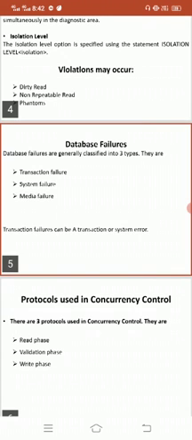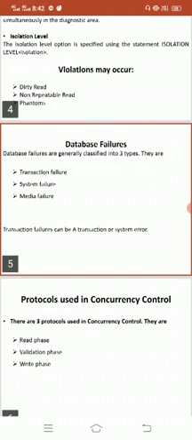So already we know what network means: it is interconnected autonomous computers. So suppose the network is not working properly, automatically the system is going to fail. In the computer system during transaction execution, when the transaction is going on regularly, sometimes hardware errors occur, or software errors occur, or network errors occur, and the whole work is halted or stopped.